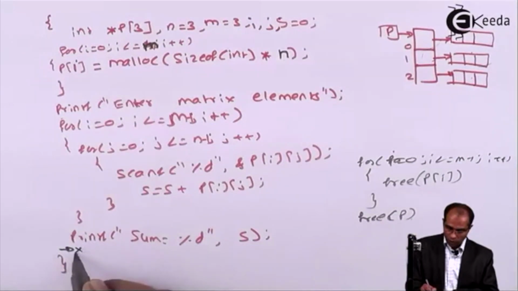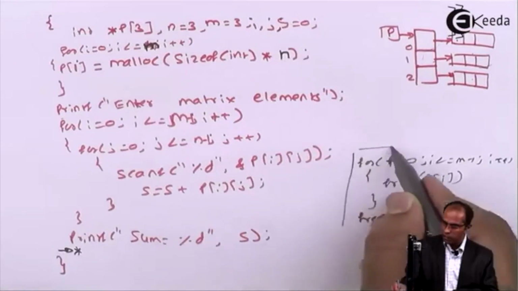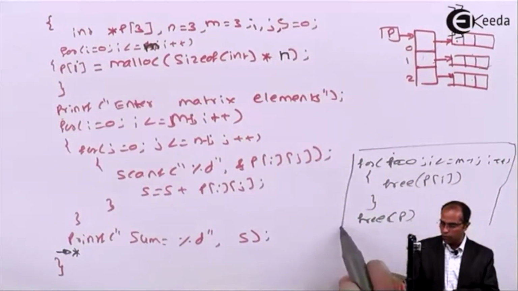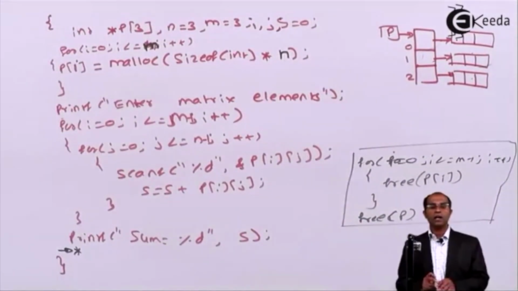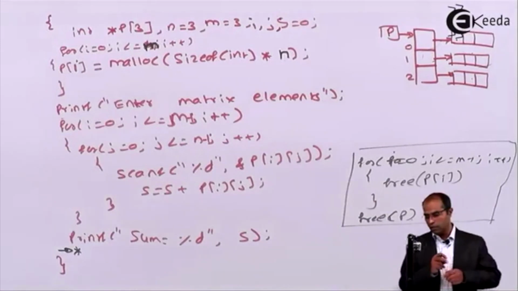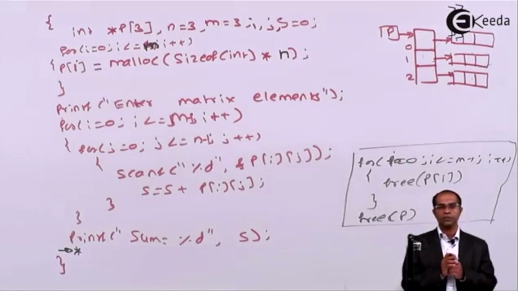So this is how we dynamically deallocate these memory allocations. So if you feel that the memory allocations are done manually, you can release them manually by using the instruction called free. This is how we use malloc instructions in our programming part.